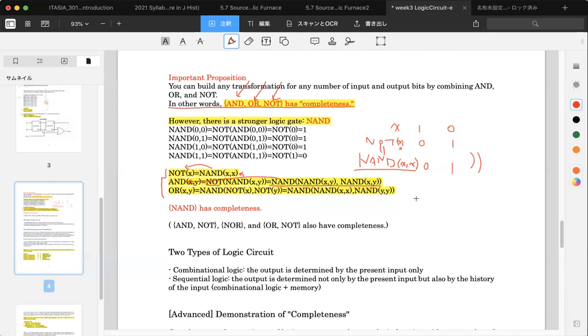Yeah, maybe you can try to write it down on paper and derive the truth value. But in the end, you can see that it's like such. These two look a little bit the same, but they are not the same. You see, in this case, they are the output in the bracket. These two are the same and these two are the same, but these two have to be different for the and